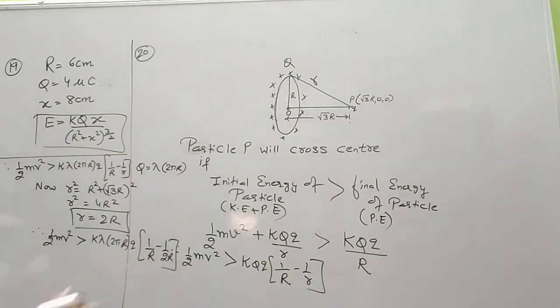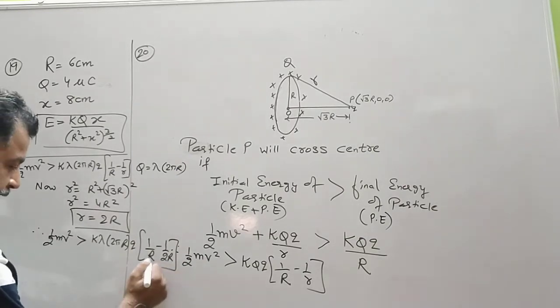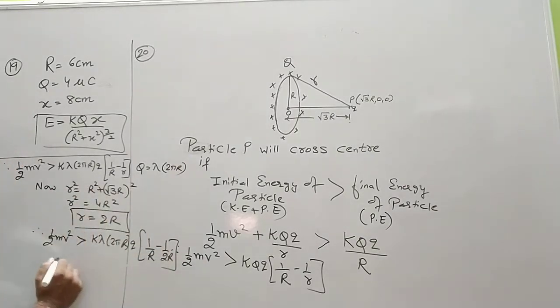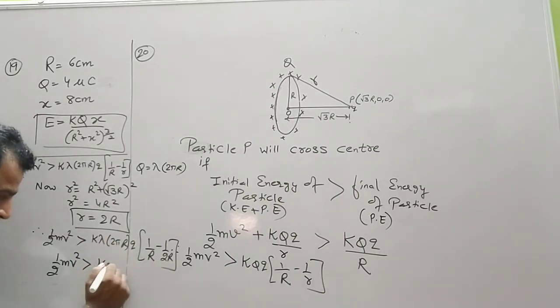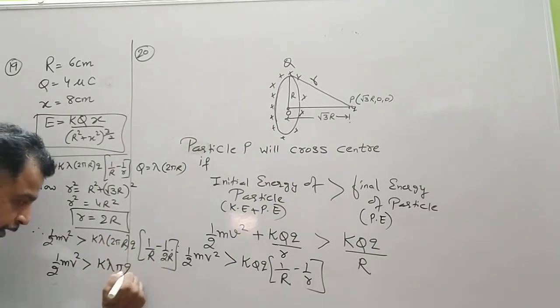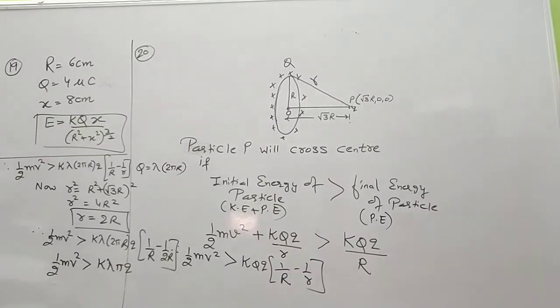That is 1 minus half, that is half. r is cancelled, 2 is also cancelled. So half mv square is greater than, this is 1 upon 2r. So 2r is cancelled. We are left with k lambda pi q. Also, k should be replaced by 1 upon 4 pi epsilon naught, because in the option we have epsilon naught. So this can be written as